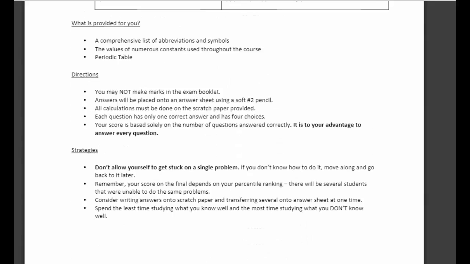So what I want you to get out of that is that there are going to be questions that you cannot answer, okay? Even to get a very excellent score, there will probably still be questions that you'll miss. So if there's a question that you don't know, read it, think about it for maybe a minute or so, and then go on. Do not let yourself get stuck on any one question for more than a couple of minutes.